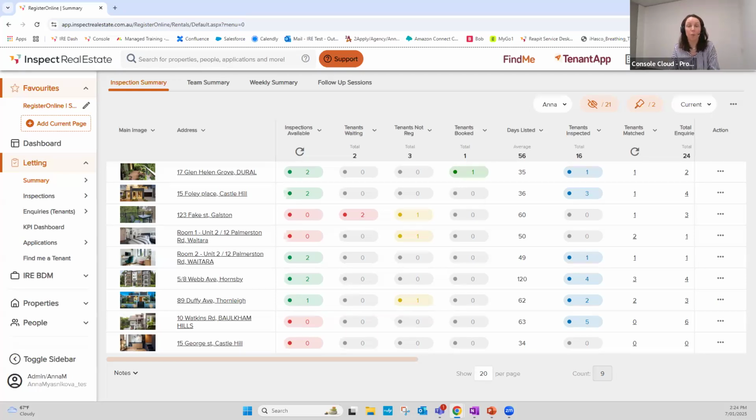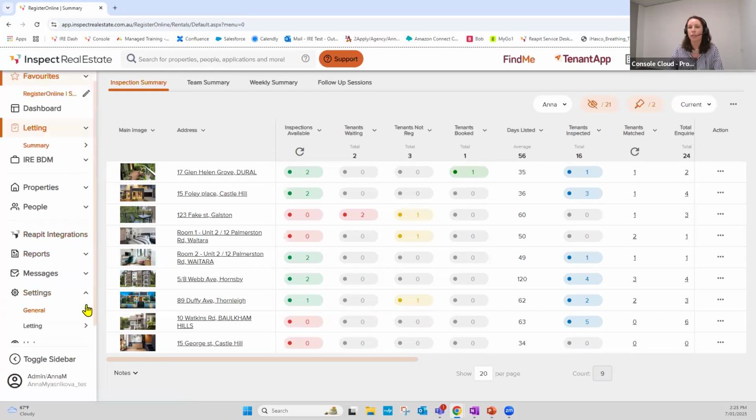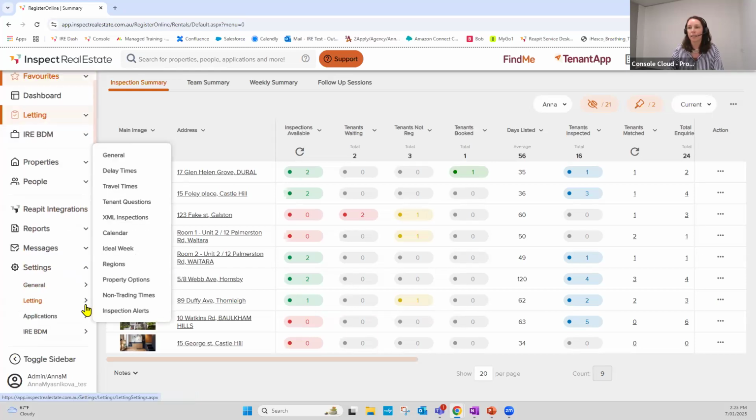At the same time, what it does for you is let you control the flow of tenants to view your properties. So let me show you how to use the setting of an ideal week, and I will also show you some advanced settings for this feature. To find your ideal week settings, we go to Settings, Lettings,